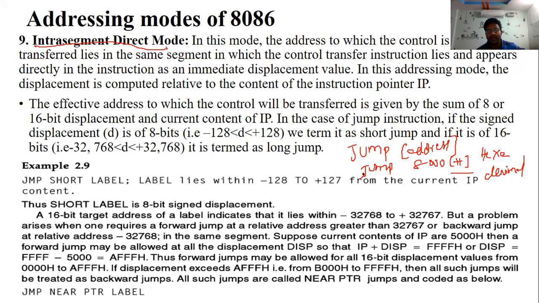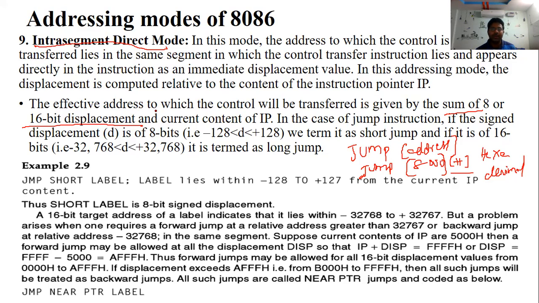See this jump: this is the intra segment direct. For example, jump to a label. A label represents the address value, and the address must be represented in brackets. Again, the transfer to this address location depends on the effective address, which depends upon the sum of an 8-bit or 16-bit displacement. You know that the displacement can be considered as 8-bit or 16-bit. If the displacement is 16-bit, an additional 2-byte instruction is formed, whether the displacement is single byte or 8-bit.